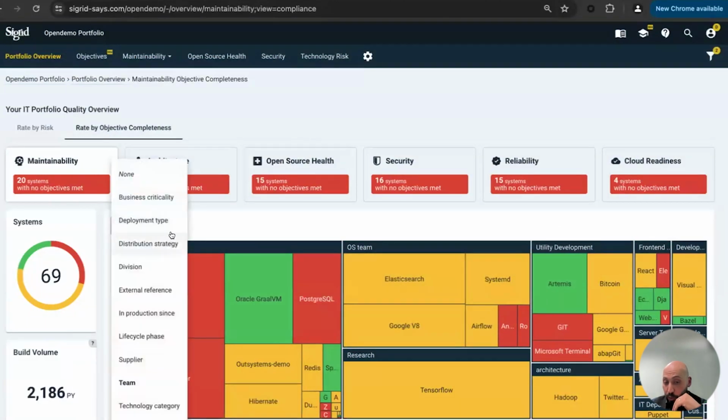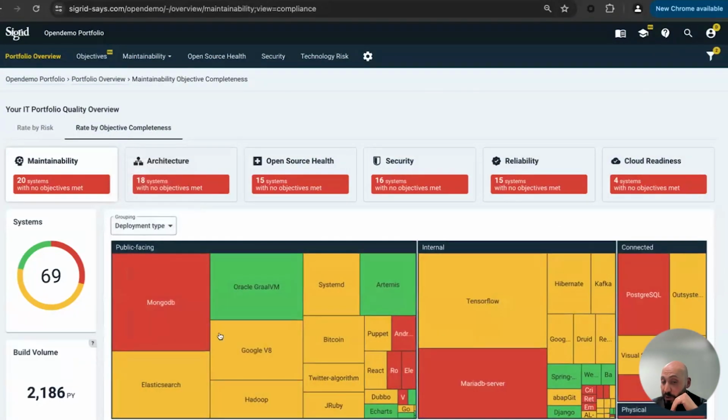So if we go back to that deployment type, you see that for public-facing systems, now only 4 or 5 systems have red, which is actually, you already know where to start, right? So you start with those 5, and then you get to connected, which are also having some link with the internet, via an API or something. And finally you get to the internal systems and you start working on it. Thanks for the addition.